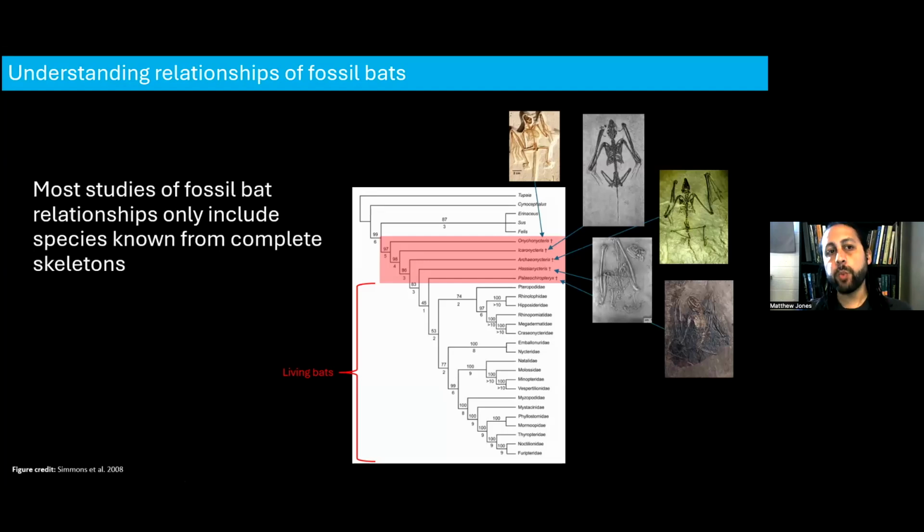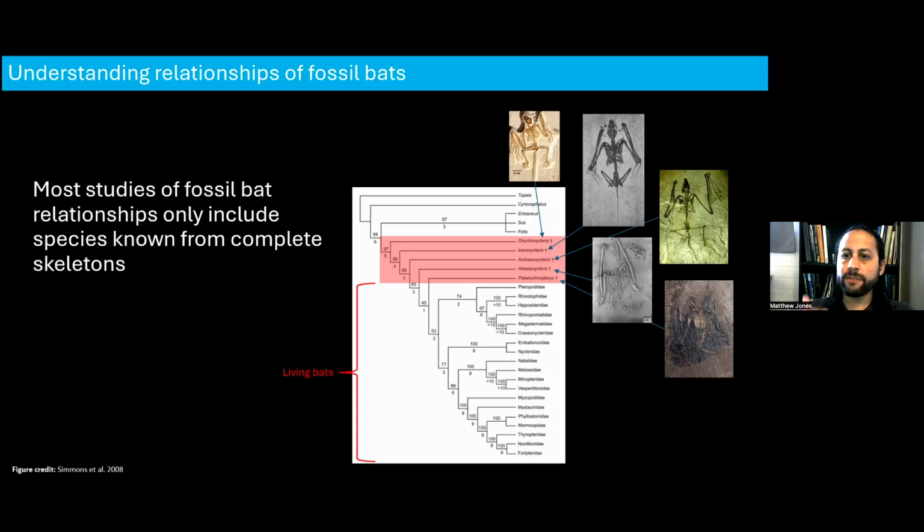So we can use all of this evidence to understand the relationships of fossil bats to each other and broadly to living bats. For the most part, our understanding of fossil bat relationships has relied on a handful of studies of these really well-preserved specimens. And so at the bottom, you sort of see this group of living bats,